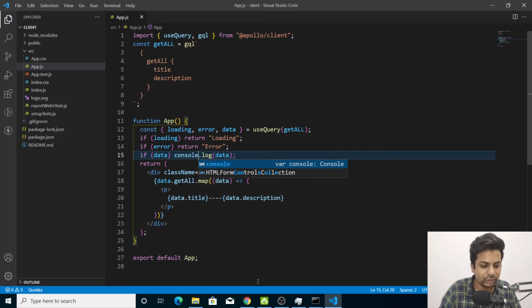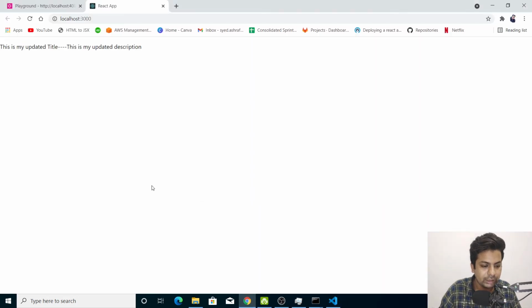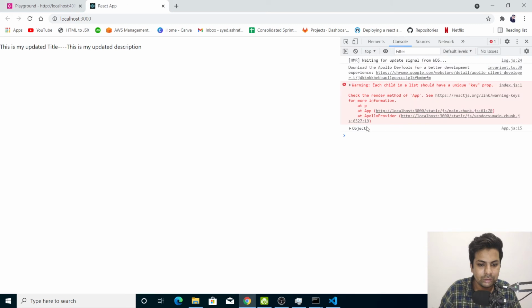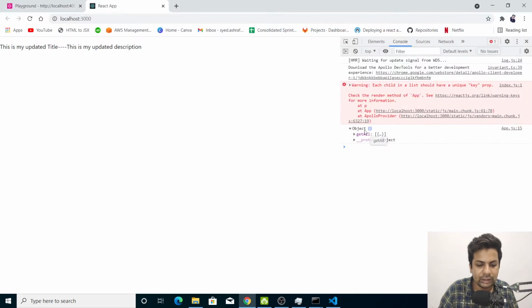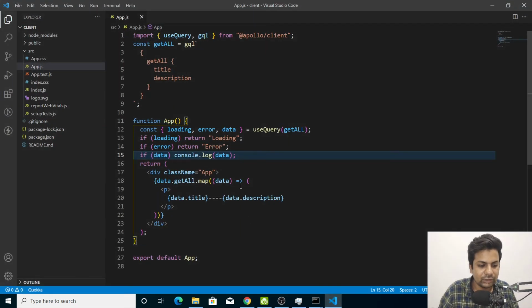Okay, let me just save it and go to the inspect tab, console. So you can see we are getting an object, and here we have getAll. That's why we are going inside getAll. After that, inside getAll we have an array, then we have title and description. So after that we are mapping the array, title and description. Okay,